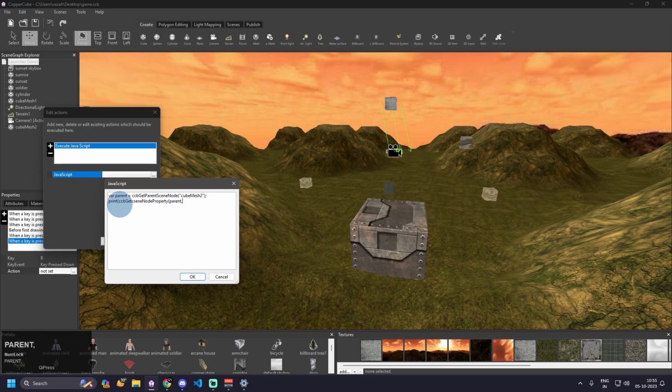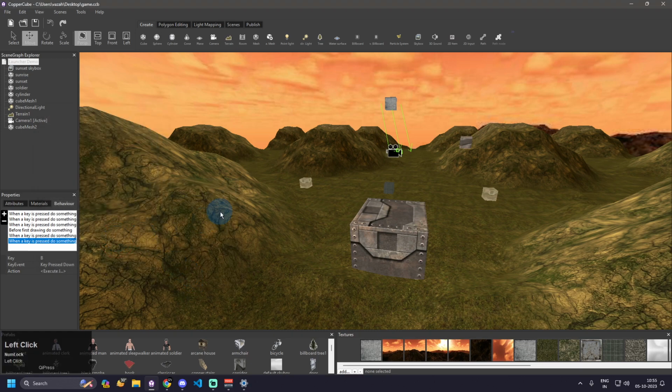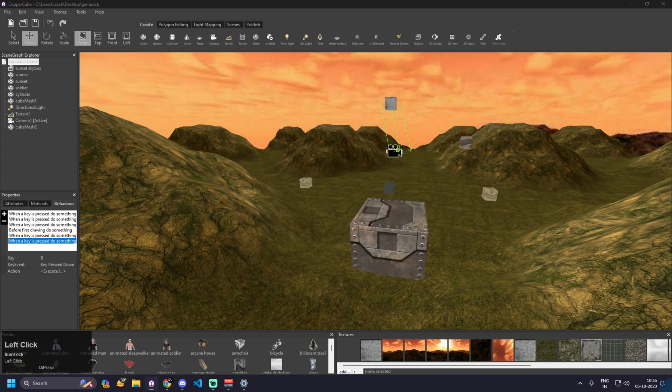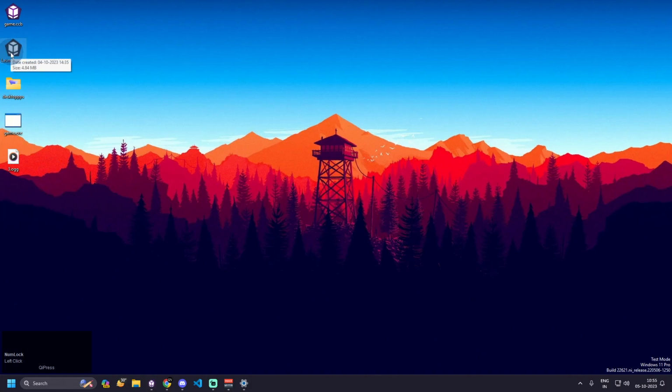So first we write parent here because we want to get the name of the parent node, and then we are going to write name here because we want to get the name of the parent. And let me just bracket here, and if I hit OK and OK again, and if I launch the application by pressing Ctrl F10, then I have to launch it with the launcher,